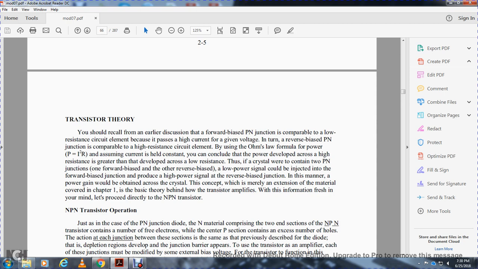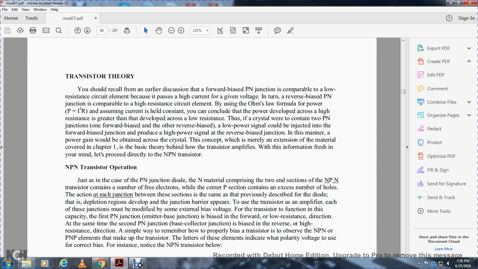Forward bias or otherwise reverse bias, the lower power signal could be injected through the forward bias junction, to promote a higher power signal in the reverse bias junction. In this manner, the power gain would be obtained across the crystal. These concepts, which are merely the extent of the material covered in Chapter 1, are the basic theory behind how the transistor amplifies. With the information fresh in your mind,